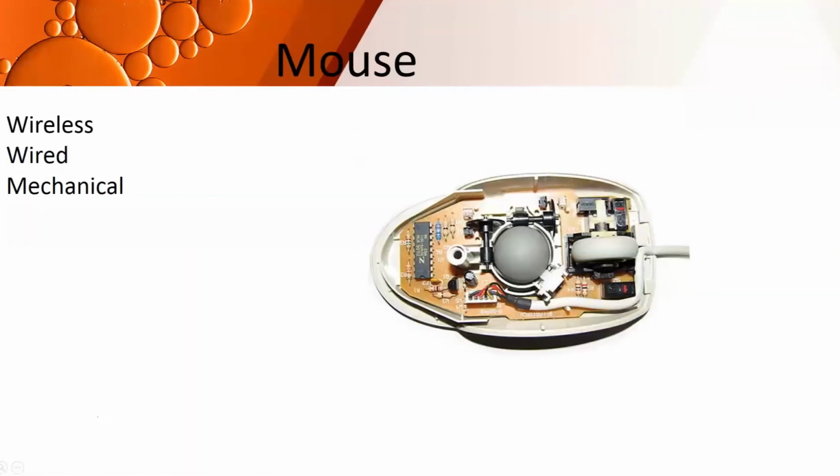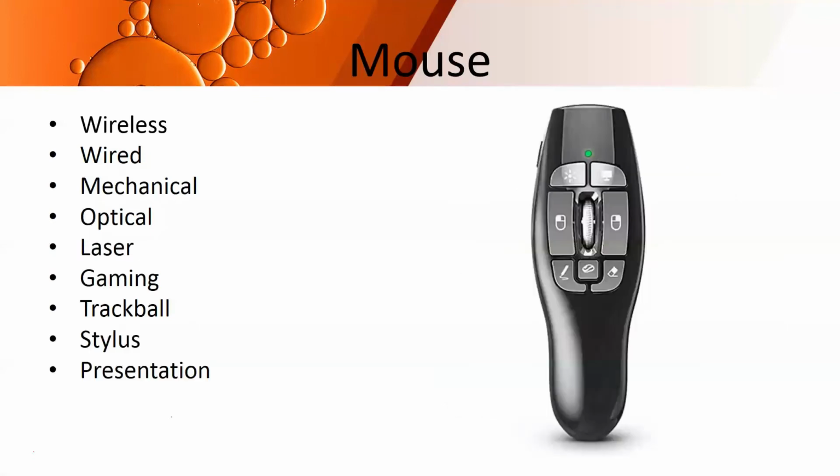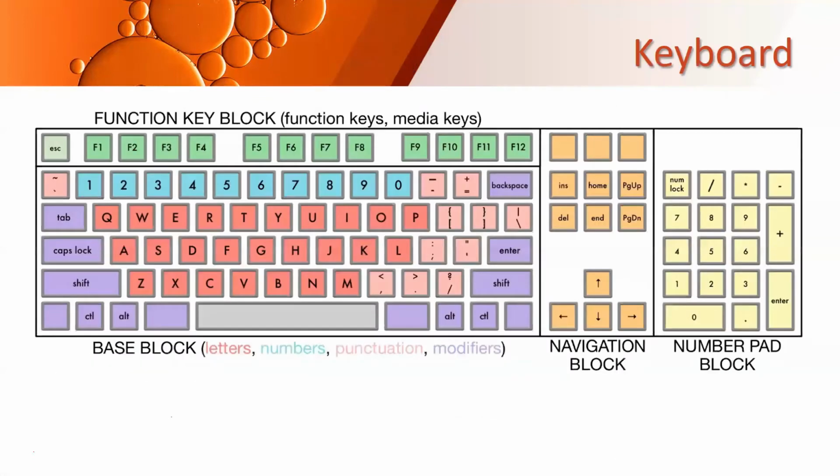In the previous class, we have seen different types of mice. So today we are going to see keyboard. We'll quickly see what is a keyboard. All of you already know what a keyboard is. So here you can see a block diagram of a keyboard which contains a lot of different keys, where we have the alphabetic keys, we have function keys over here, we have numeric keys this side, and we have a numeric keypad here, which is for quick figure typing or typing numbers quickly. And we have keys for punctuation and modifiers. We have navigator keys over here and different other types of keys.